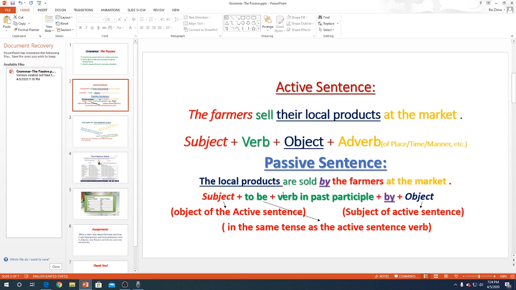And then, sold is the past participle of the verb sell. By is a particle we use with the object in the passive sentence, but actually, if we look at it carefully, we see that this object is the subject of the active sentence. And then we notice that the adverb is again at the end of the sentence without changing its position or